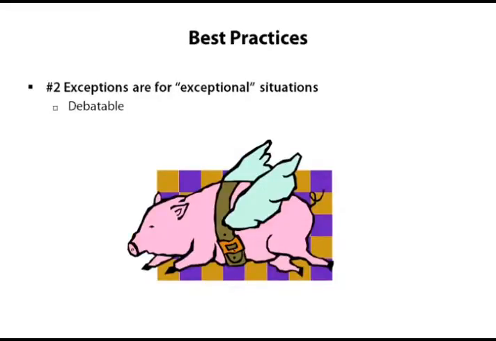The next best practice, and this one is somewhat debatable actually, is that exceptions are for exceptional situations only. I kind of lean on both sides of the fence. I straddle the fence on this one. It depends. This is really a difficult topic, and there are some good arguments on either side. I tend to lean more toward exceptional situations, but there are certain times in the code where I think it does make sense to use exceptions for what some people might say is flow control of your program.